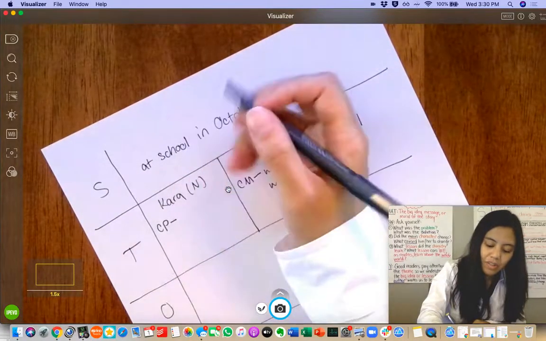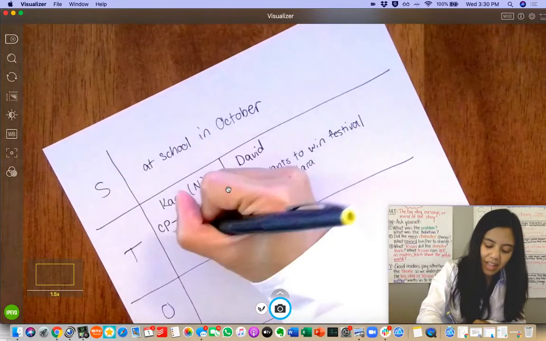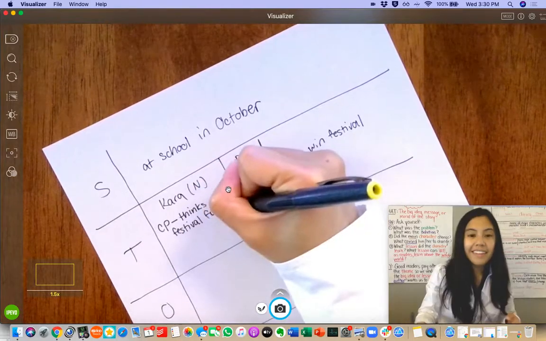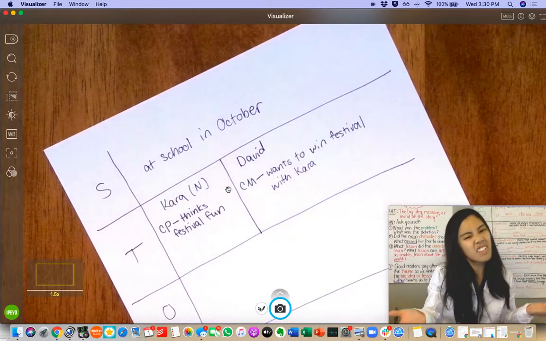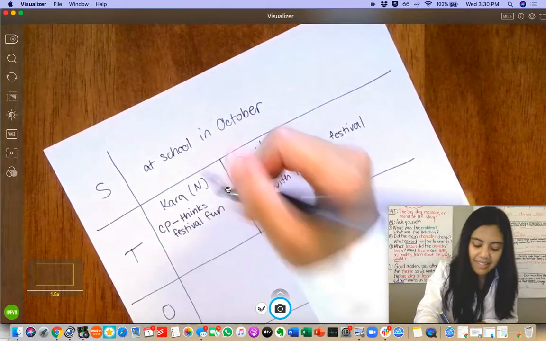So she thinks the festival is fun and thinks also they might not be able to win if they don't practice.